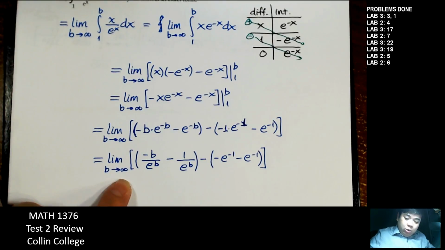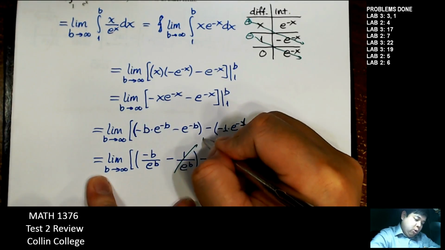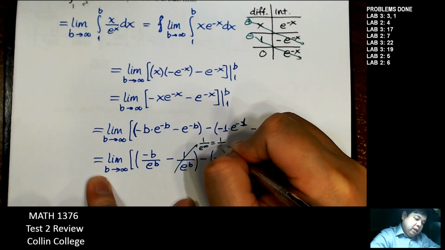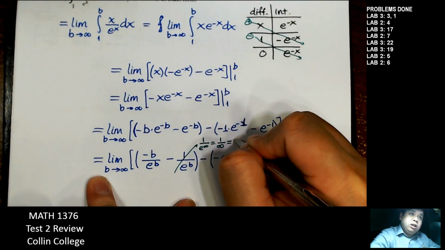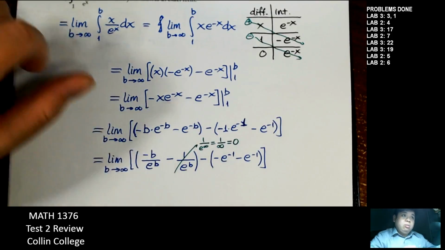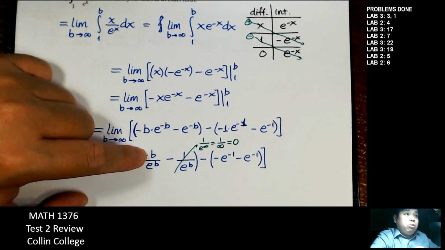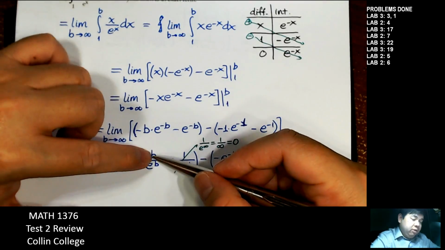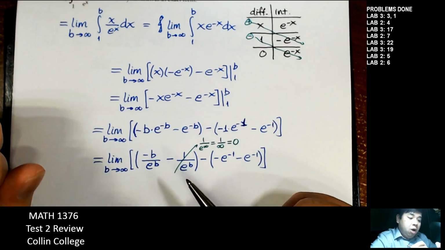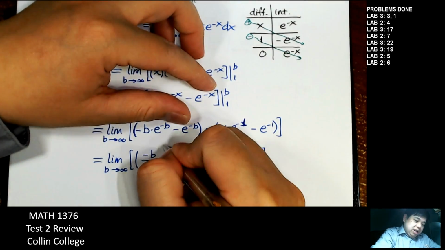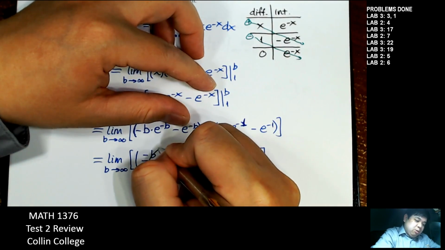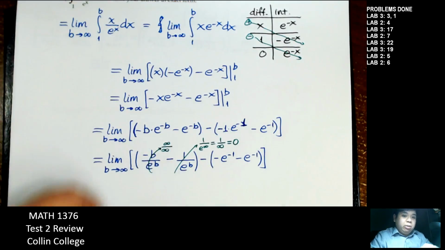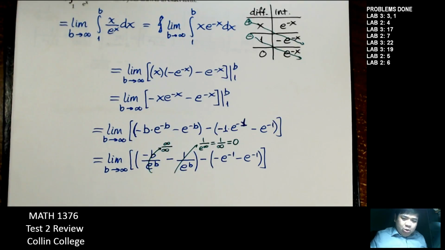Next, b goes to infinity, so I have 1 over e to infinity, which is also 1 over infinity, which is 0. So that one goes to 0. That's easy. Now this will be a problem, because if we put infinity in it, we have infinity on the top, infinity at the bottom. So this one is, just write down for the moment, infinity over infinity, which is indeterminate. Which brings back to